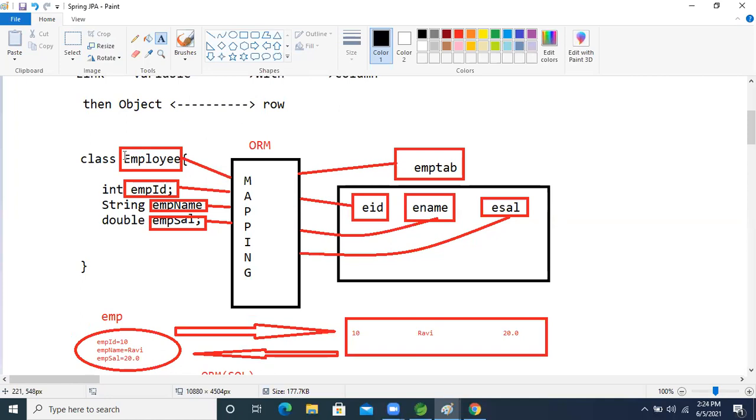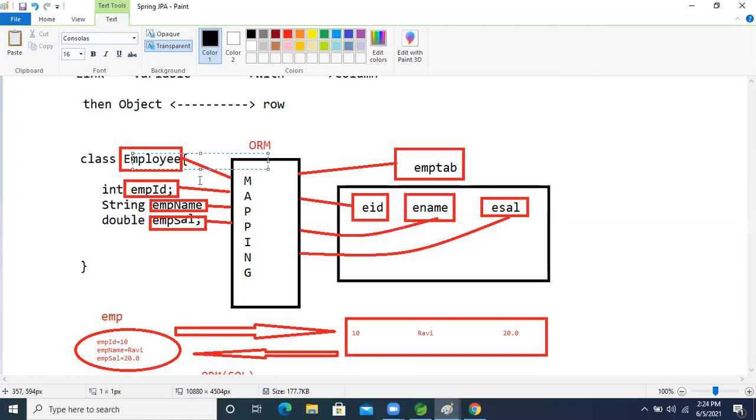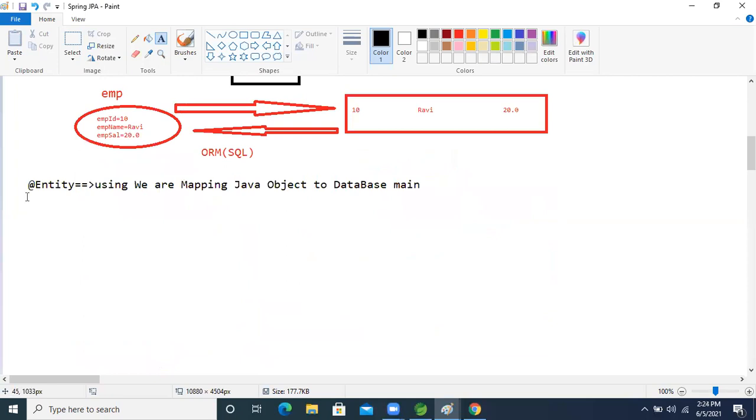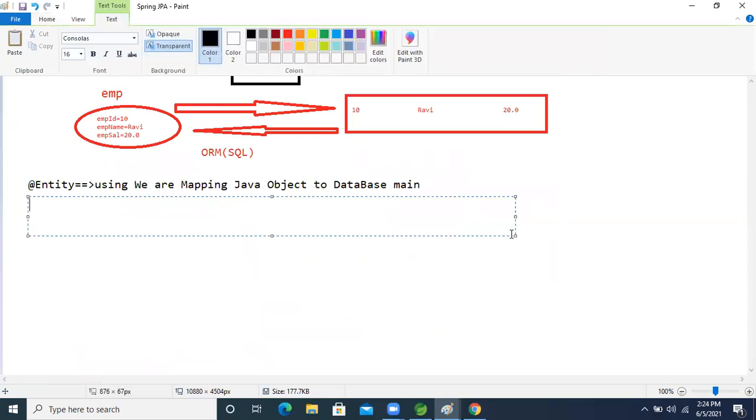No, I want my choice of name. So what annotation is given now? JPA gives at the rate Table. This is optional now, guys. This annotation is optional. You can choose to use it or not.